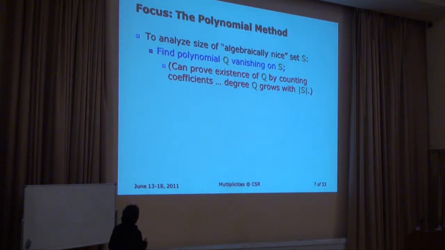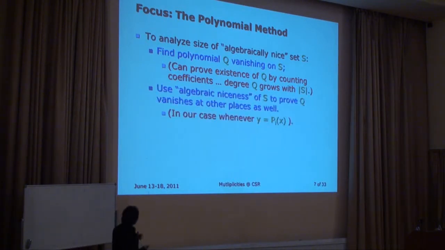Okay? And almost always the statement first says, well, you can prove the existence of this polynomial just by counting. Why? Because the thing that you're looking for are the coefficients of this polynomial, and the constraints are homogeneous linear equations on this thing. Okay? So this part of the technique is fixed. It's always the same.